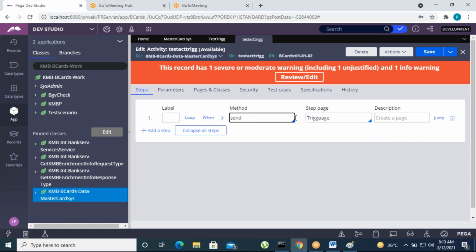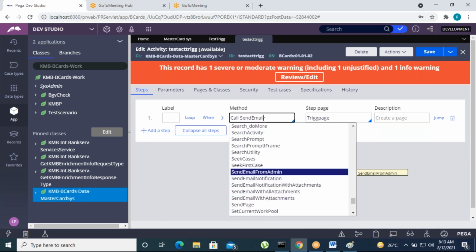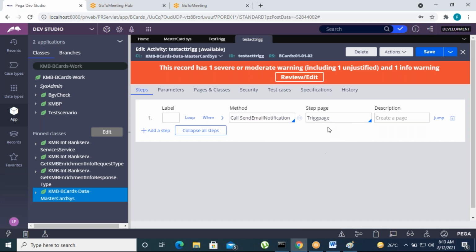Send email notifications. We have an out of the box activity, send email from admin, send email notifications.